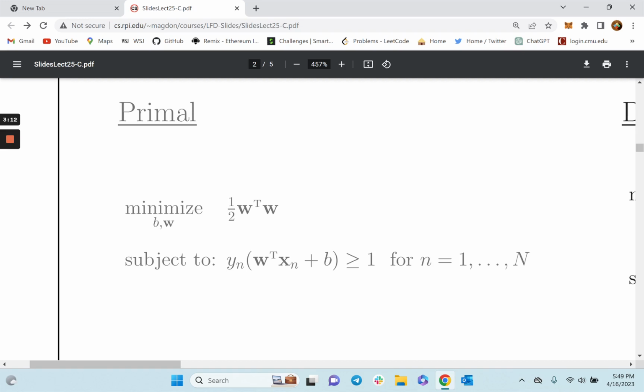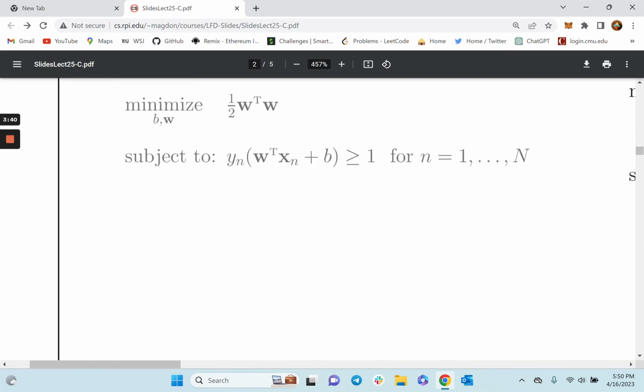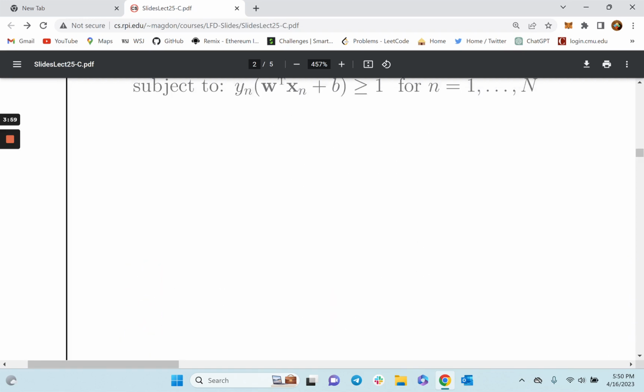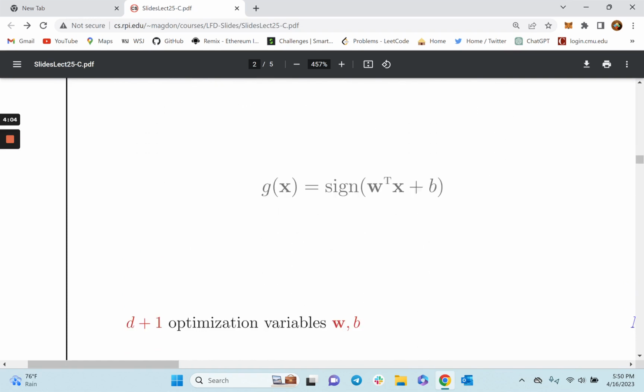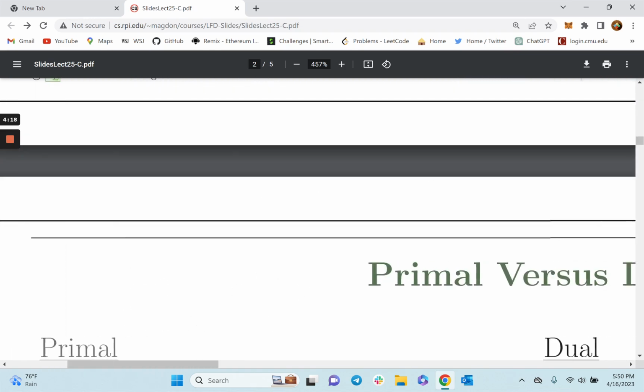And again, it's attractive for us because what if we tried to train our classifier on Twitter data, and we couldn't find an optimal hyperplane, but there did exist one in higher dimensional space. So we want to try to do that. But the problem here, and the point I'm trying to make, is that there's this dependence on the dimensions of the data set in this primal problem. We specifically have D+1 optimization variables: W, our weight vector, and B, our bias. Remember, we get our weight vector by using our inputs, our X vectors. And so if there is some way to get rid of the reliance on the dimensions of the data set, then we could possibly take this same procedure to higher and higher dimensions and find an optimal hyperplane in that space. And it turns out that there's an equivalent problem called the dual problem,